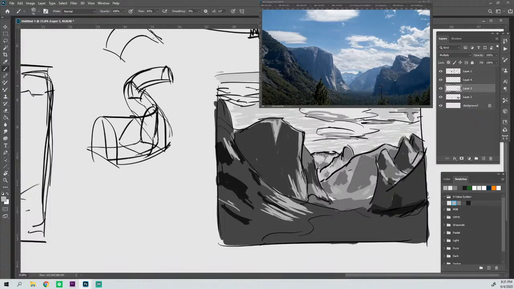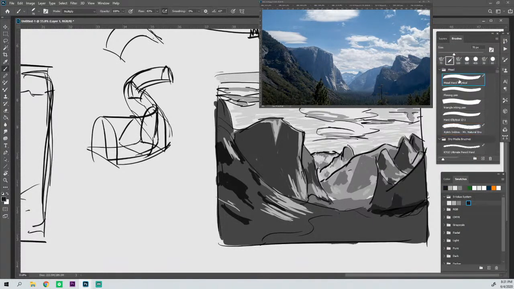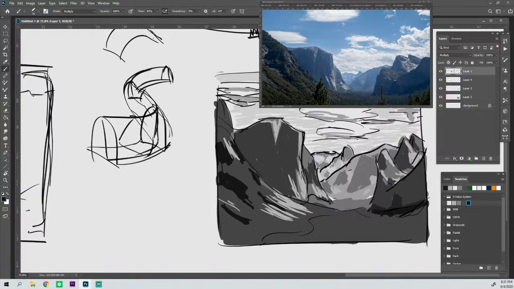I think this just becomes about decisions and where you want to put darks and where you need to put darks for the sake of your design. And so now we have a good basic quick sketch of the valley, and we can again go back onto our top layer and get our brush tool out, and fix these little tweaks that we might want to do. Make sure that Half Dome gets the right shape down here, so everybody recognizes Half Dome. We can make some tweaks to the exact shapes of stuff, and we can fuss with it as long as we wanted to. But as far as a quick layout sketch, this shows you the main ideas, which are foreground, middle ground, background,